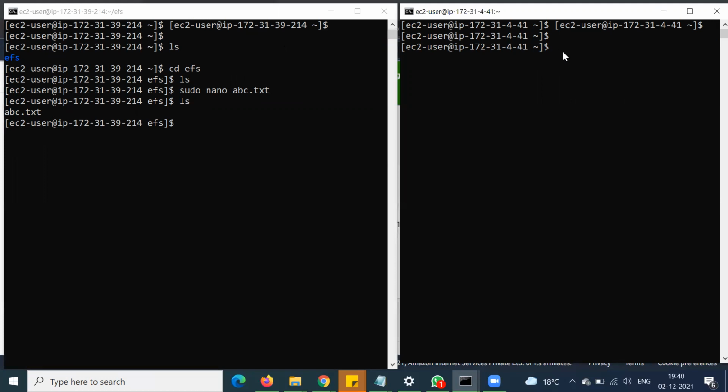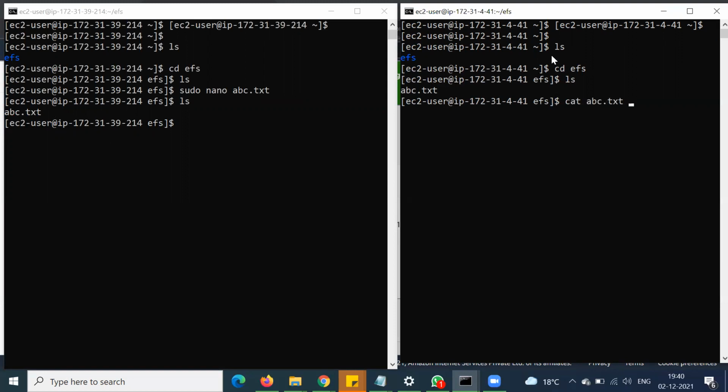And if any user is trying to access this file from another server, we can go into this efs directory and we can see this file. We can access the content of this file as well. Yeah, hello friend, this data is from server 1. Now if any user is creating a file on this server, and another user on this server or in this availability zone is trying to access the same data, then he would also be able to access the data. So let's create another file,